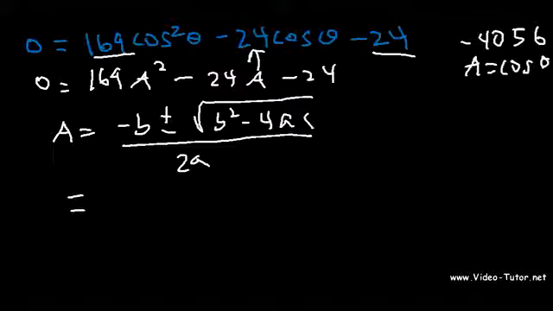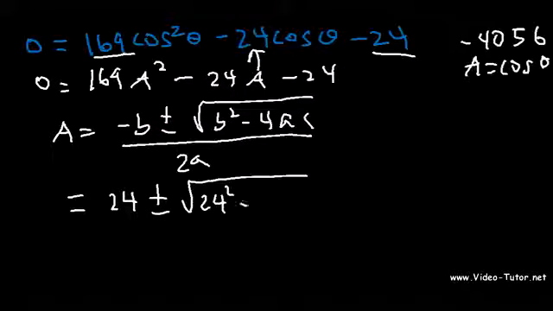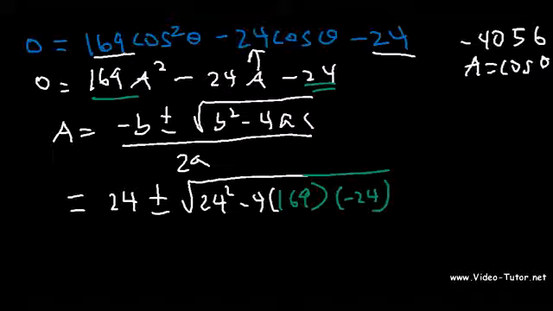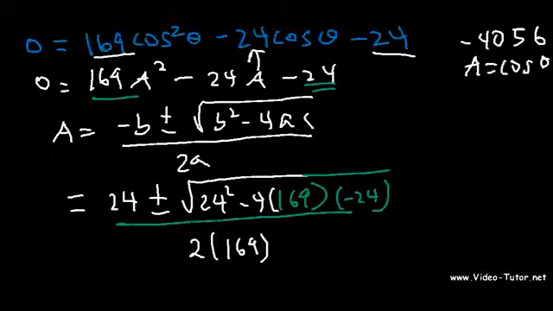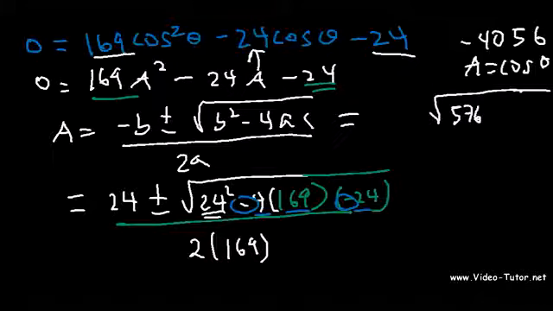So b is negative 24, so two negatives make a positive, so this is going to be positive 24. And here we have 24 squared minus 4 times a, which is this number here, 169, and times c, which is that number, negative 24, divided by 2 times a, or 2 times 169. So 24 squared, that's 576. And if we multiply 4 times 169 times 24, and there's two negative signs, so it's going to be positive